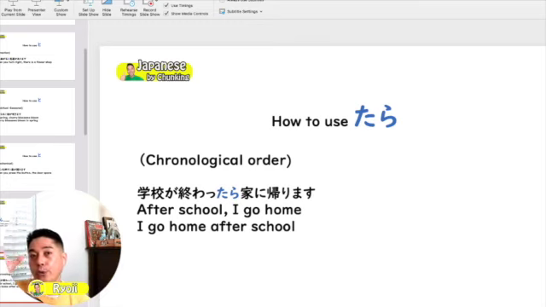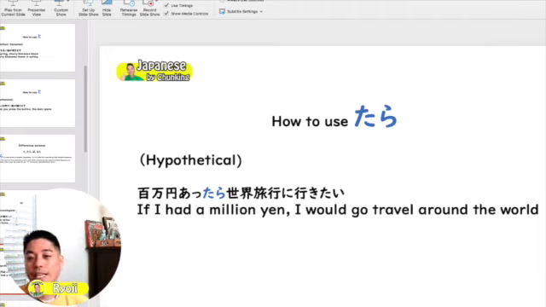So in order for you to do the second action, first action needs to happen, needs to end, or needs to begin. So whatever that may be, you have to have the first action and the second action follows. 学校が終わったら家に帰ります。